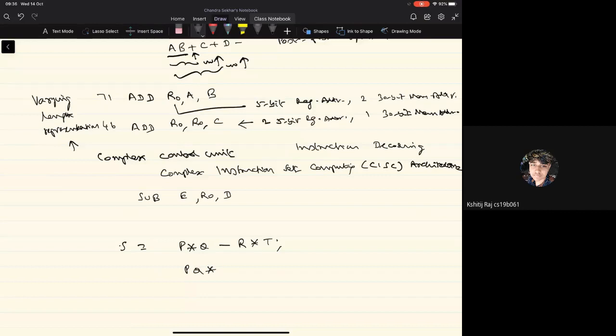The proper way of converting this statement into a sequence of machine level instructions involves getting the postfix notation for this. So first we have to multiply P and Q, then we have to multiply R and T, and then we have to subtract the product of R and T from the product of P and Q.